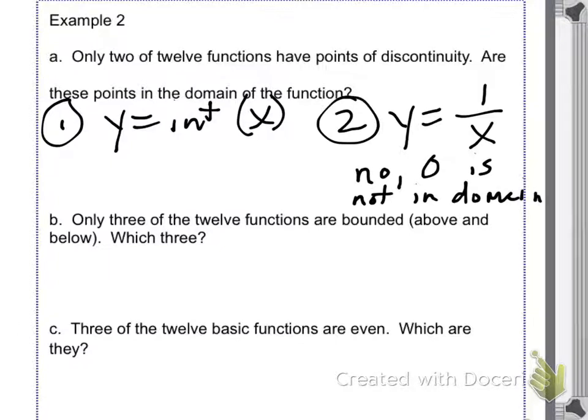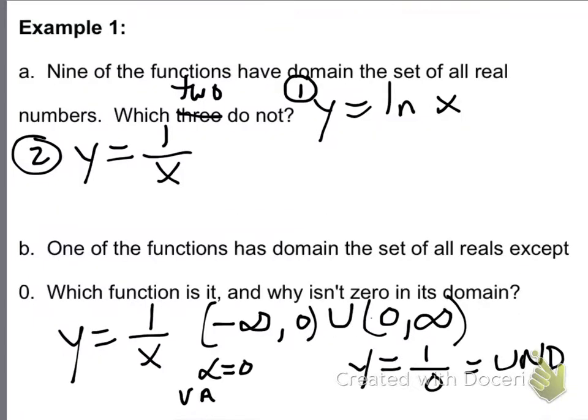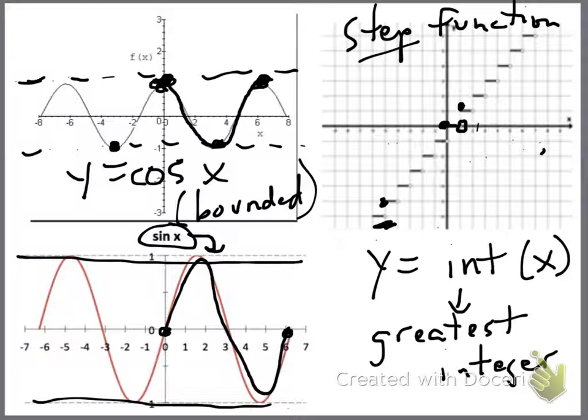Whereas for the greatest integer function, yeah, there's a hole. Let's just say there's a hole at 5. Let me show you. Let's say, so 1, 2, 3, 4, 5. There's a hole at 5. But right above it,